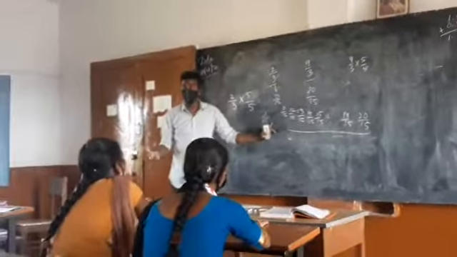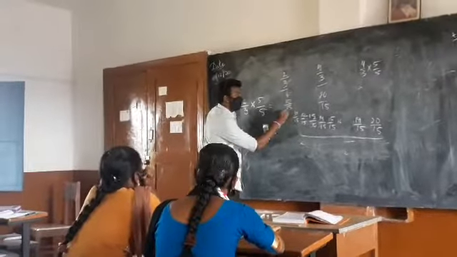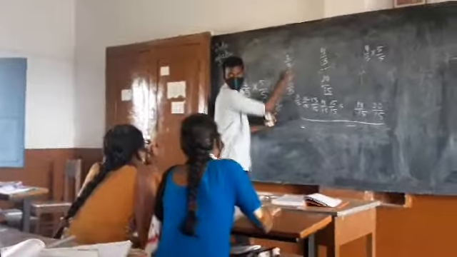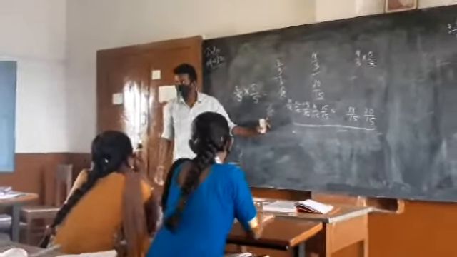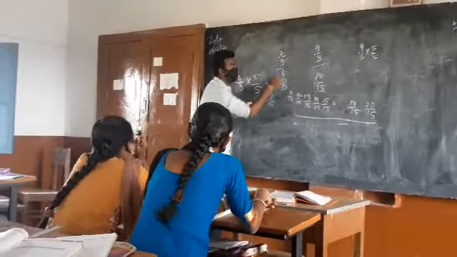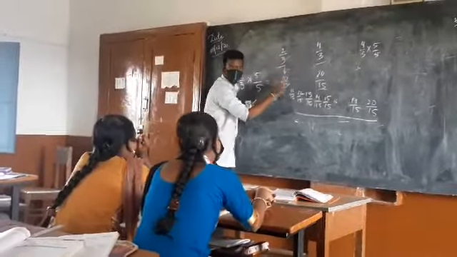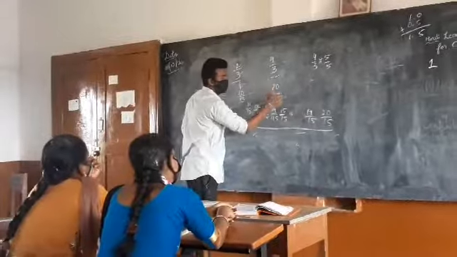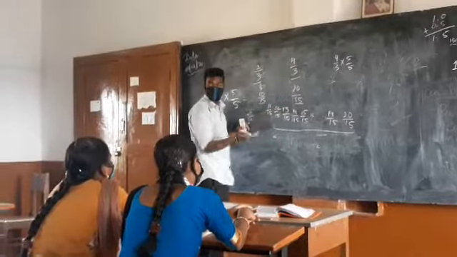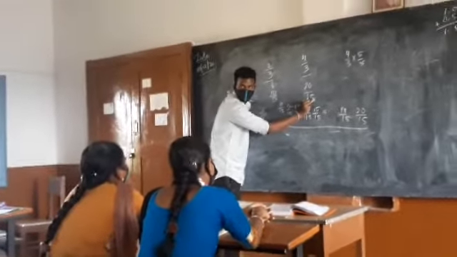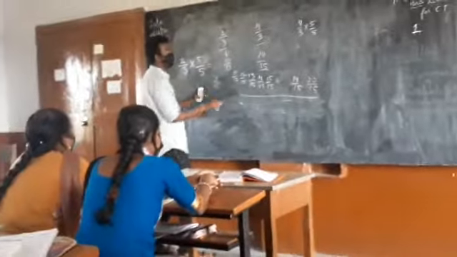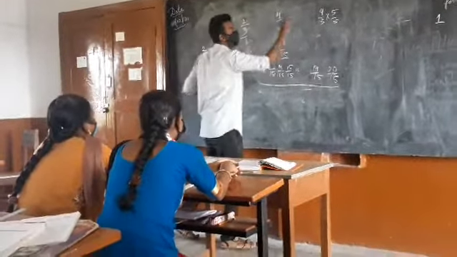for finding 5 rational numbers between this and this. But these rational numbers are nothing but this. You all clear? Because we just multiply and divide. If you simplify this, again you will get back to this. 5 2s are 10, 5 3s are 15. 5 4s are 20, 5 3s are 15. Again you will get back to this. If there are rational numbers between this and this, that means these rational numbers are also there in between 2 by 3 and 4 by 3.